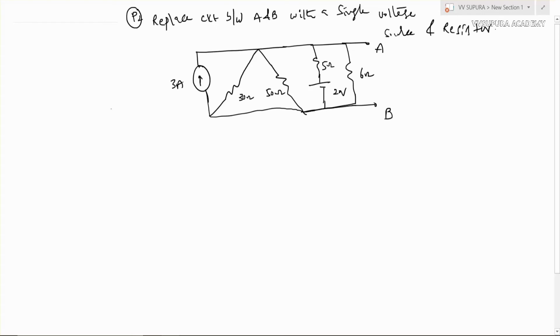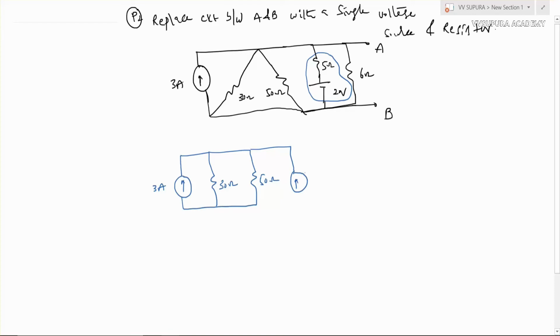single resistor. If you observe, a current source is given here and a voltage source is given here, right? So we can convert this voltage source into a current source. I can replace this network like this. One current source in the upward direction with 3 amperes. Now I can write this 30 ohms here, in parallel with 50 ohms, and this voltage source can be converted to a current source, and I is equal to V by R, that is 20 by 5 amperes, in parallel with one resistor, that is 5 ohms, and already 6 ohms is in parallel with it.